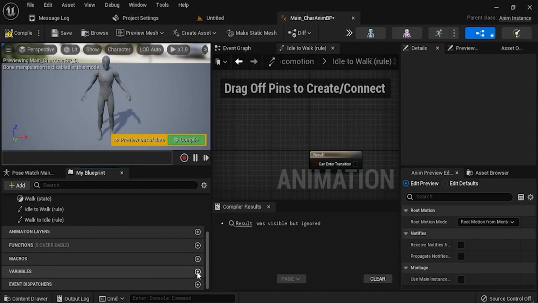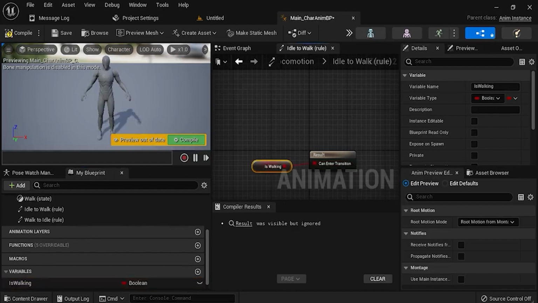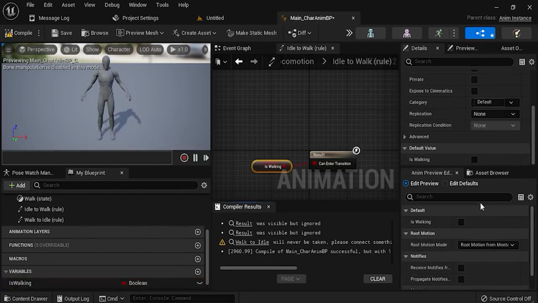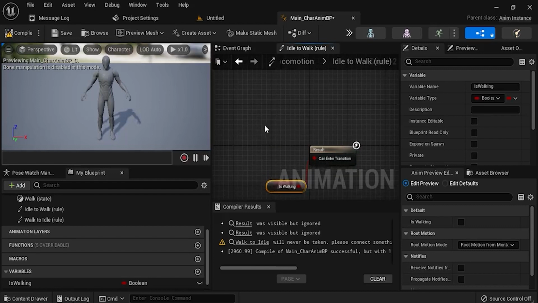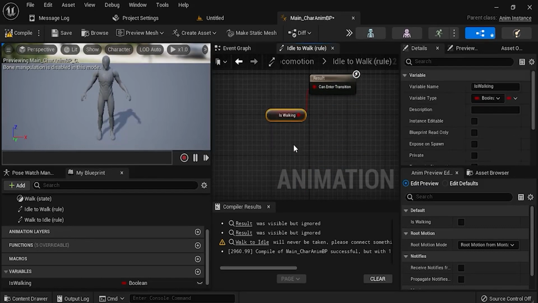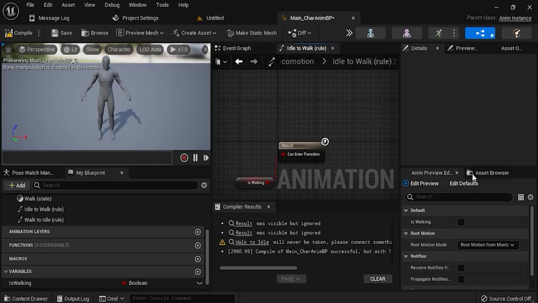and after checking that, it's gonna trigger the animation. For example, I'm gonna create a variable and name it is walking, so it just tells that is walking. The default value of is walking is set to false, as you can see, and it's a boolean type of value. We have a number of variables in Unreal Engine, for example strings, integers, floats, many variable types, but we are going to use the boolean right now. So what does this mean? If is walking is true, that means the character is walking, then the animation blueprint can enter